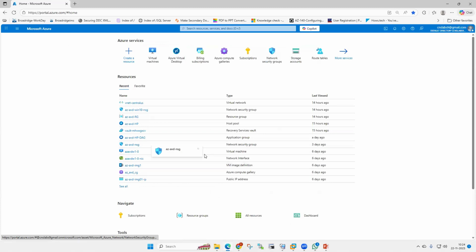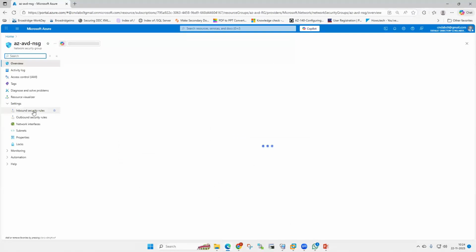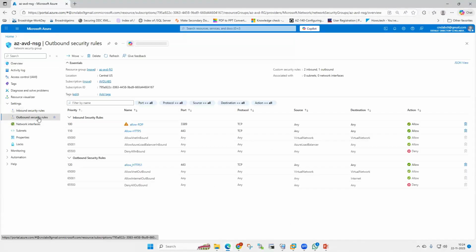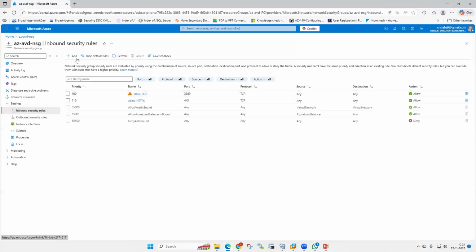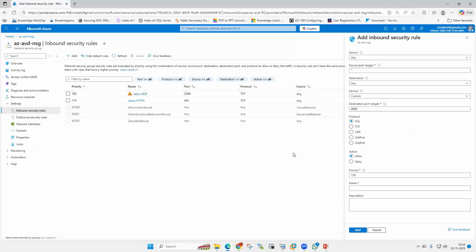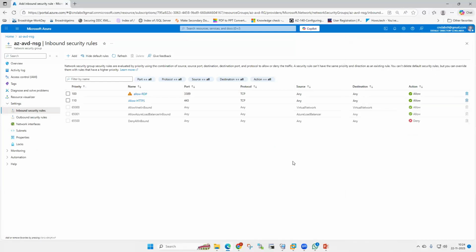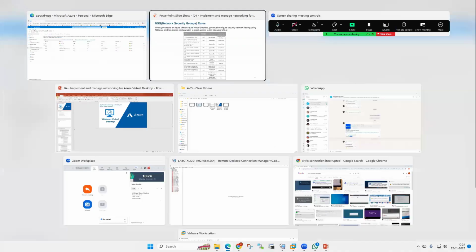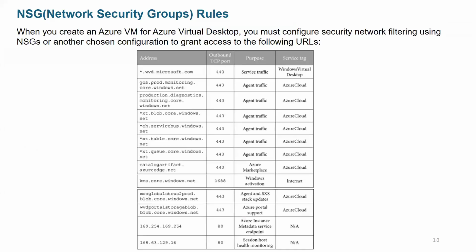I'm clicking AVD NSG so that we have to allow inbound rules and outbound rules, we have to write. We have to add all the rules here. We will do that later. We have to enable all this agent traffic, everything should go through Citrix Cloud to Azure Cloud to